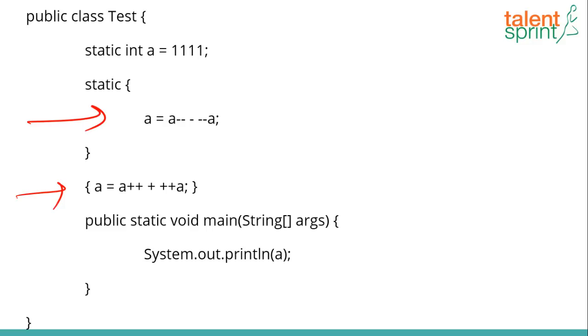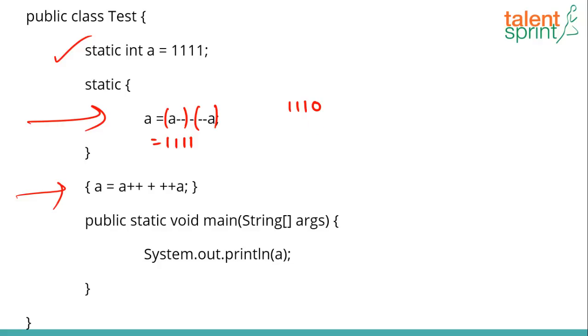Alright, so what is happening is we have a static variable a = 1111. Now as soon as the class loads, you know that the static blocks get executed. So when the static block is executed, it will be executed in this order. Correct? We have a post decrement, then a pre decrement. Now for this post decrement, the value would be 1111. Then the value changes to